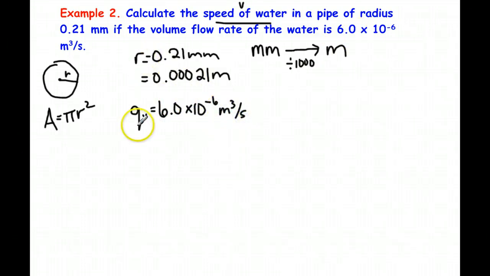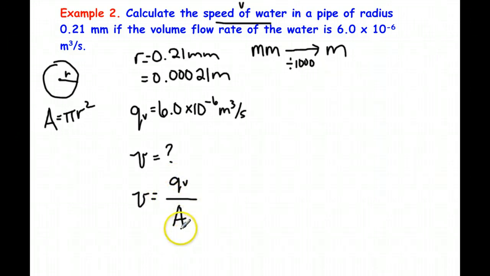So we have our radius and we have our volume flow rate. What they're looking for is our v, lowercase v. Well, the only formula we have to use is this formula here. So v is equal to volume flow rate divided by area. Okay, so we don't have the area yet. We have to find out what that area is using the radius. So remember I said the area of a circle is given by pi r squared. So we end up with pi, if you have a pi key on your calculator, otherwise it's 3.14 approximately, times